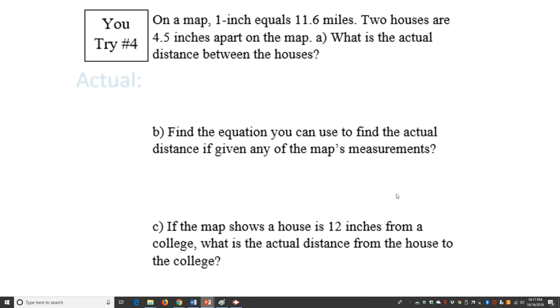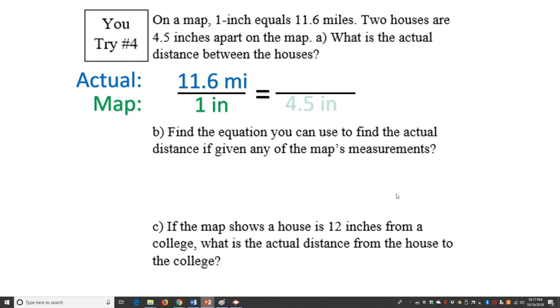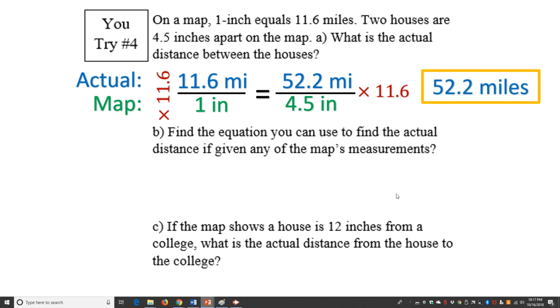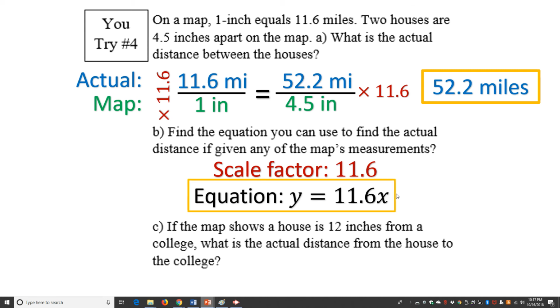U-try 4, we have a scale that is going from 1 inch is equal to 11.6 miles. So therefore, 4.5 times 11.6 will be 52.2 miles. Now, the equation, you're just going to use your scale factor as our constant of proportionality. So we have scale factor of 11.6. Therefore, the equation is y equals